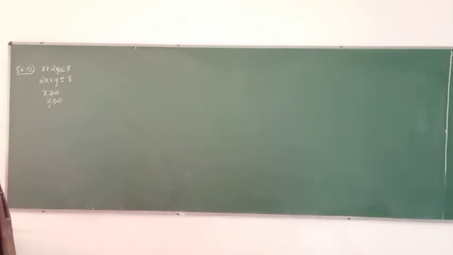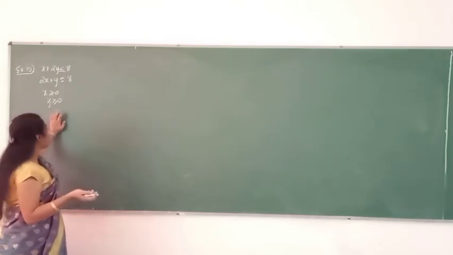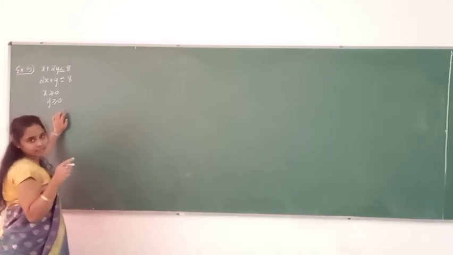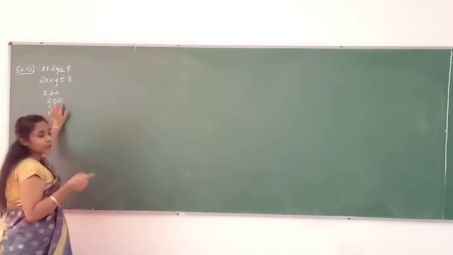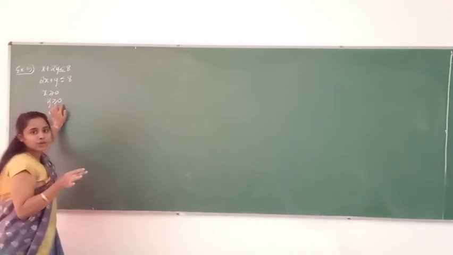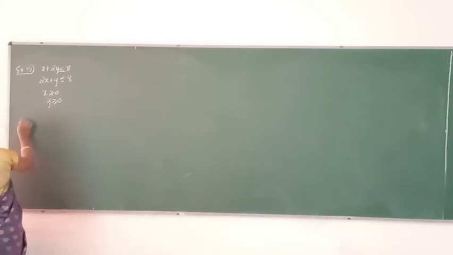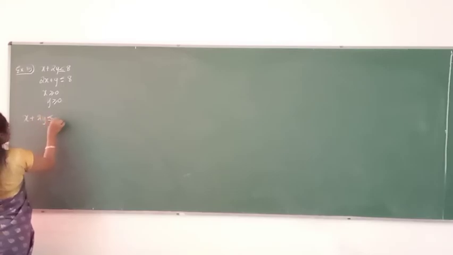So no need to worry much about x greater than or equal to 0 and y greater than or equal to 0, because whatever solution region you are getting, even the points on the axis are considered as x greater than or equal to 0 and y greater than or equal to 0 along with the solution. Is it clear for you all? So now let us plot the points. Before we go to the graph, first consider the first inequality, that is x plus 2y is less than or equal to 8.